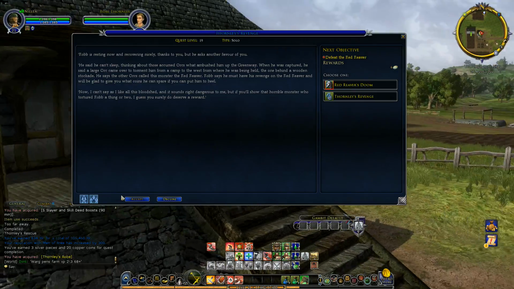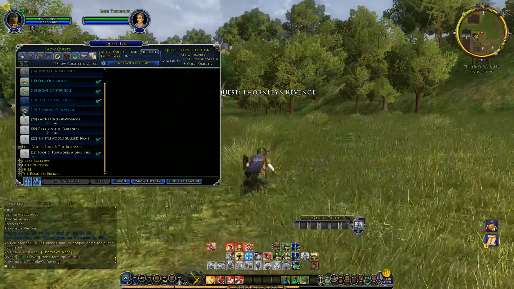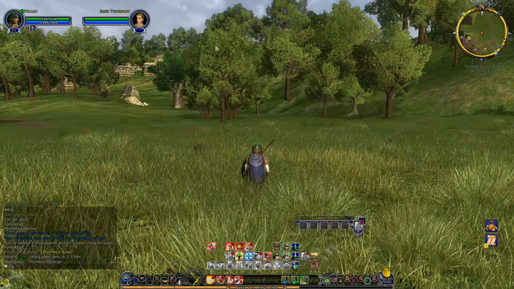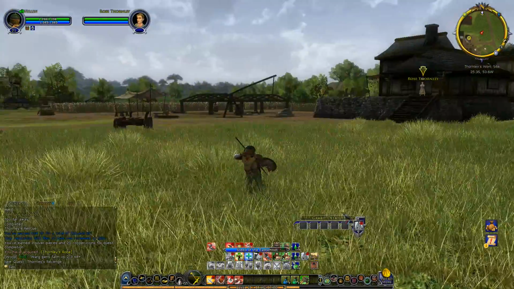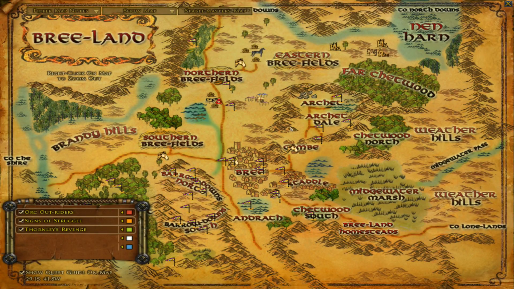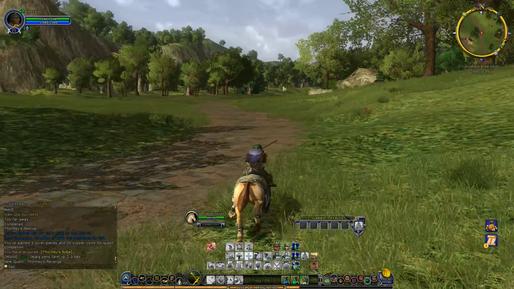Okay. I don't know, did we actually even do Thornley? Okay. Signs of struggle. Okay. So we gotta go back up north to deal. And okay, cool, I'll show you. It looks like it's in the one that we didn't even go to. Because I was going to say, I didn't see a Red Reaver where we're at. So,